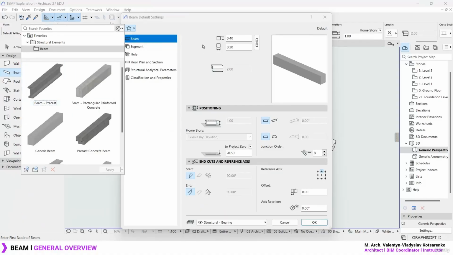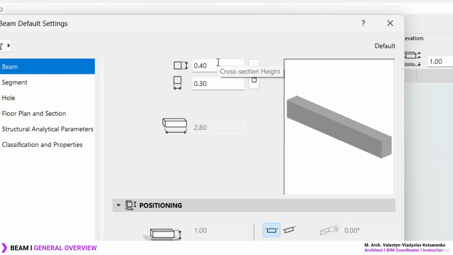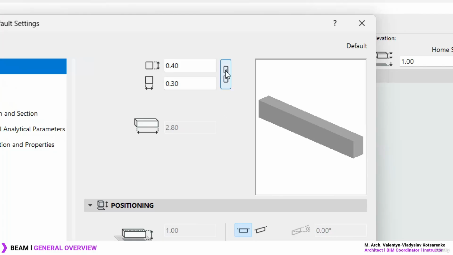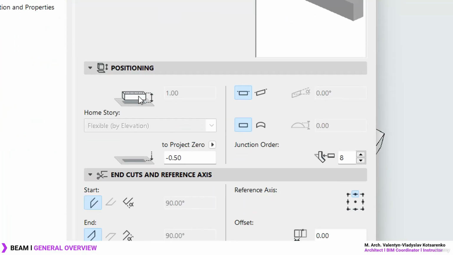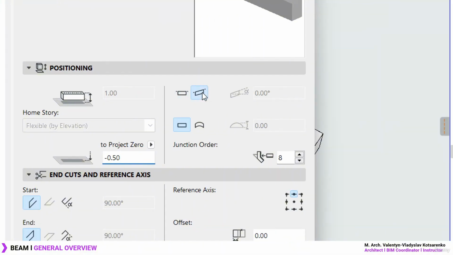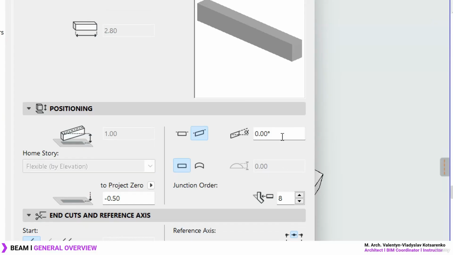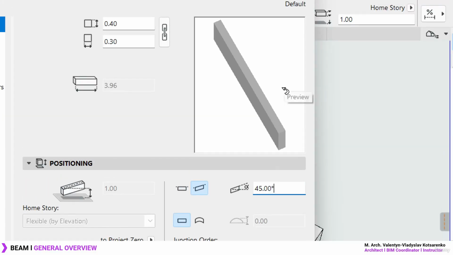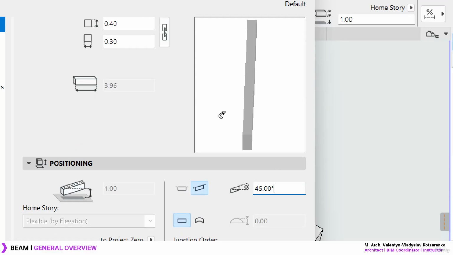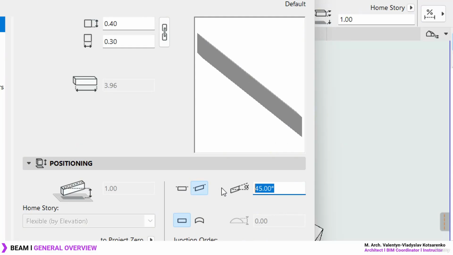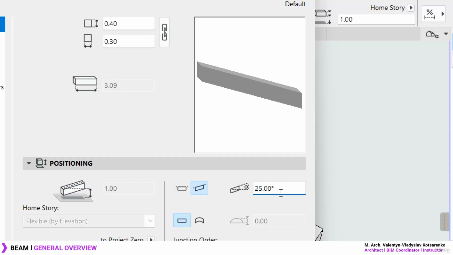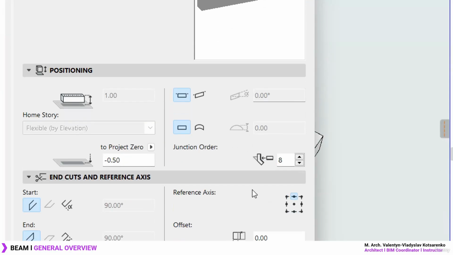There are many different shapes you can analyze in the favorites, okay? Over here you got the cross-section height and the cross-section width, height and width for the beam. Okay, then you got the elevation, the same as with the column, and then you got specific parameters, whether you want to create a slanted type of beam. You can always set the parameter over here, and if you notice, your beam is now going to behave as a slanted element. Okay, so this is quite useful, because before it was not possible, or it was more troublesome,